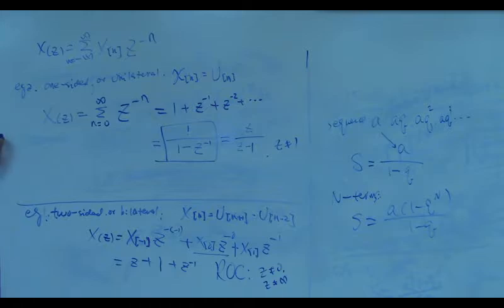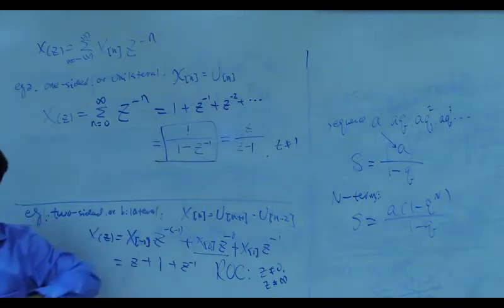What is the Laplace transform for the unit step function? 1 over s. 1 over s, perfect. What is the Z transform for the unit step function? 1 over z? No, it's just 1. Z to the n. It is here, 1 over